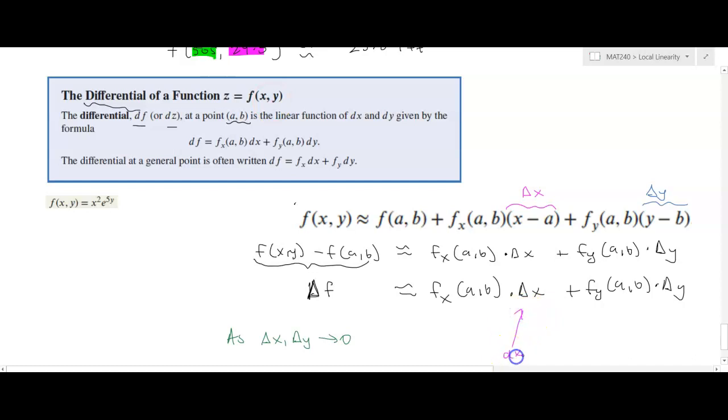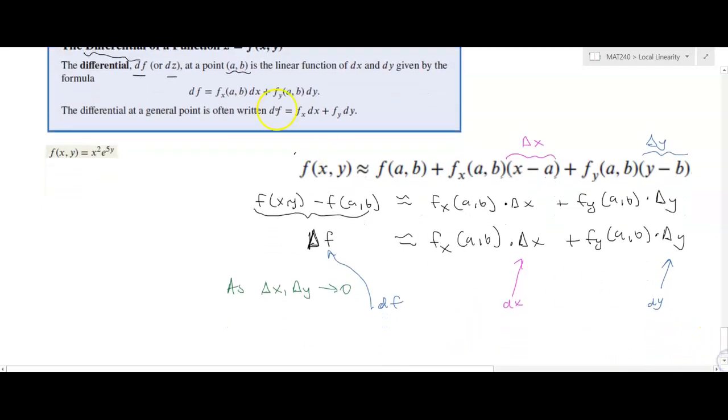This would become dx. This right here would become dy. And delta f would become df, excuse me. Delta f would become df. And so, in conclusion, we have that df, and now we can say is exactly equal to, because we're basically saying if you don't stray far away from the point of interest, a comma b, if the point that you're estimating at is very, very, very close to the point that you linearized at, then we're saying that the change